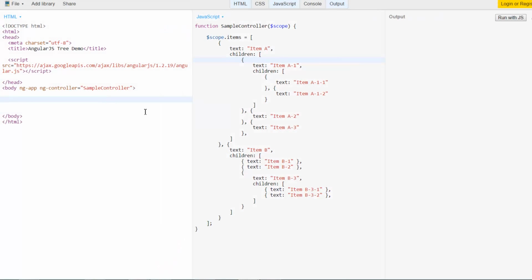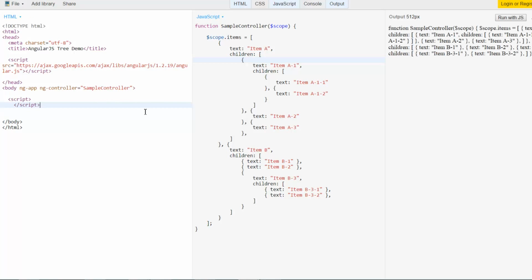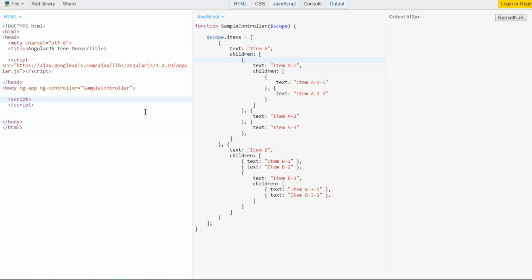So to do this, we will start by creating a template. In AngularJS, you can create a template using the script tag. And in order to tell AngularJS and the browser to treat the script tag correctly, so that it doesn't treat it as a JavaScript expression, for example, and so that AngularJS can detect it as a template, we will go ahead and say type equals text/ng-template,